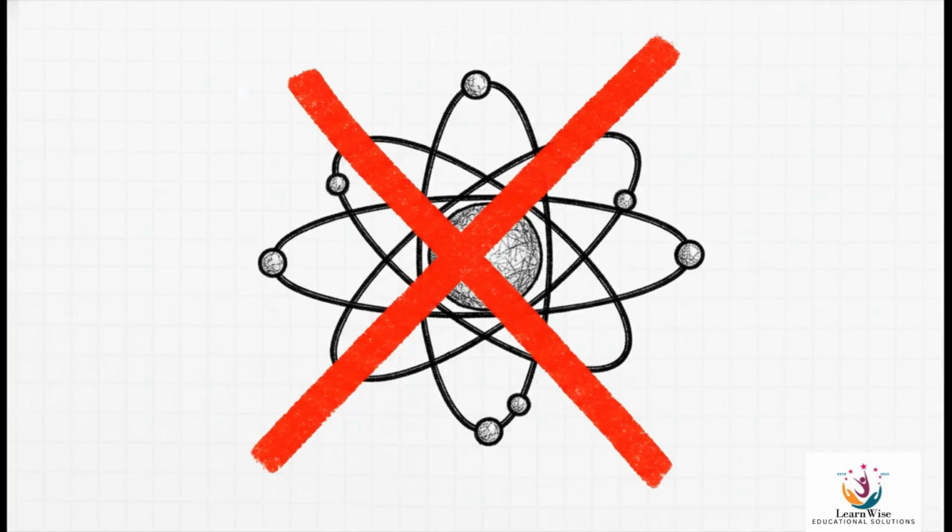Okay, let's just get this out of the way. You probably have a picture in your head of an atom, right? The little solar system with electrons zipping around the nucleus like tiny planets. It's a nice, neat image, and it is almost completely, totally wrong. The reality is so much weirder.